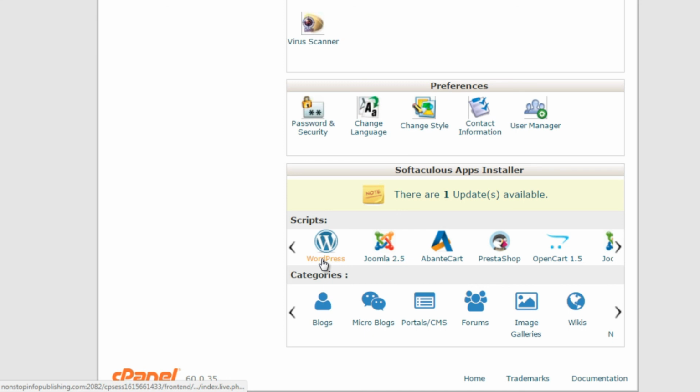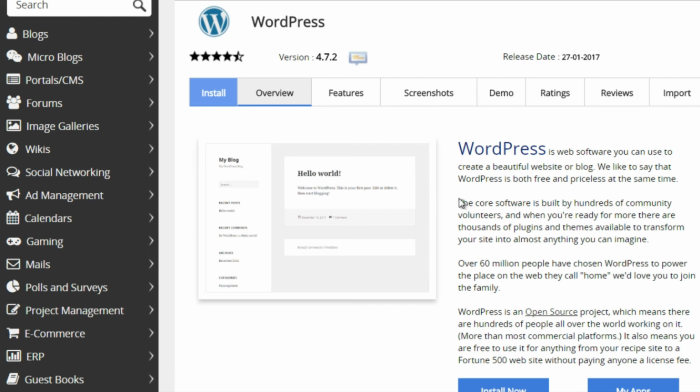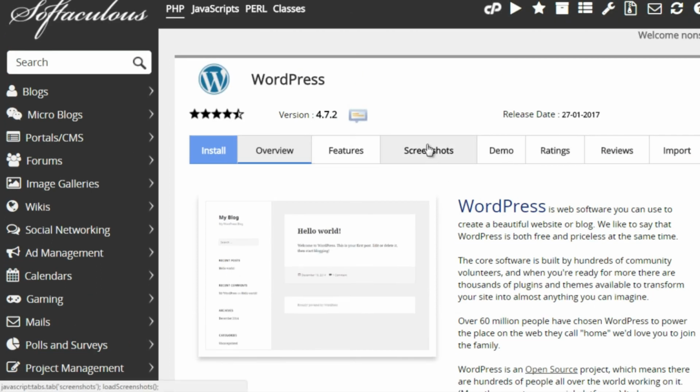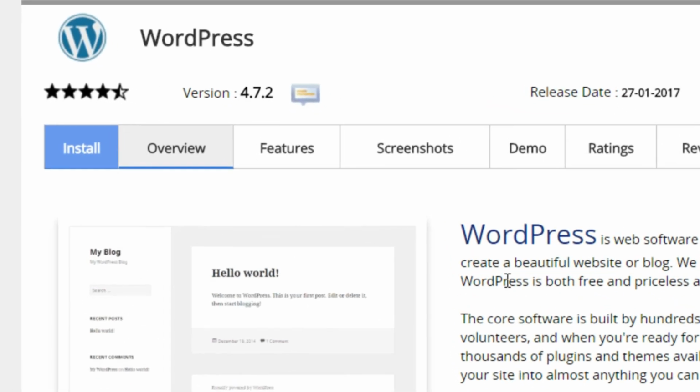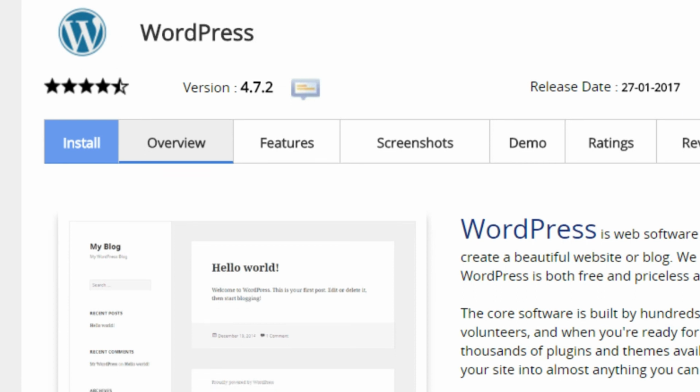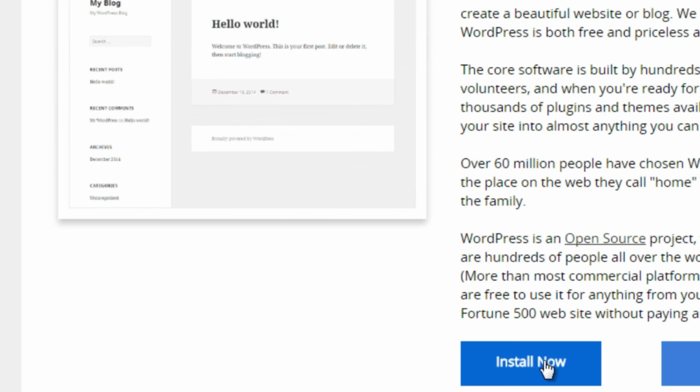So what you do is you click on WordPress here, and this is basically an app installer. So instead of having to go to wordpress.org and install the 5-minute installation file, which really isn't 5 minutes, by the way, it's more like maybe 10 or 15 minutes or even more, depending on your expertise. So that's why I find this route is just a lot easier, because with this Softaculous, all you have to do is simply go down, click install now, and you fill in the details, and within less than 3 steps, you have installed WordPress.